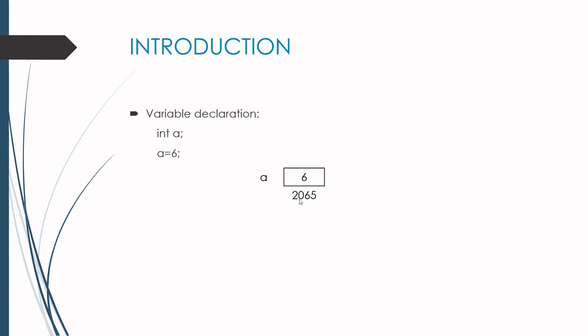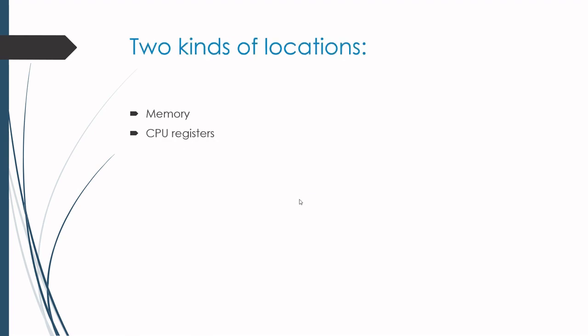The relation between variable declarations and storage classes in C is that whenever you make use of variable declarations, we have to consider where that value will get stored, whether it is stored in the memory locations or in the registers, and so on. So in order to define these things, we can make use of the storage classes.